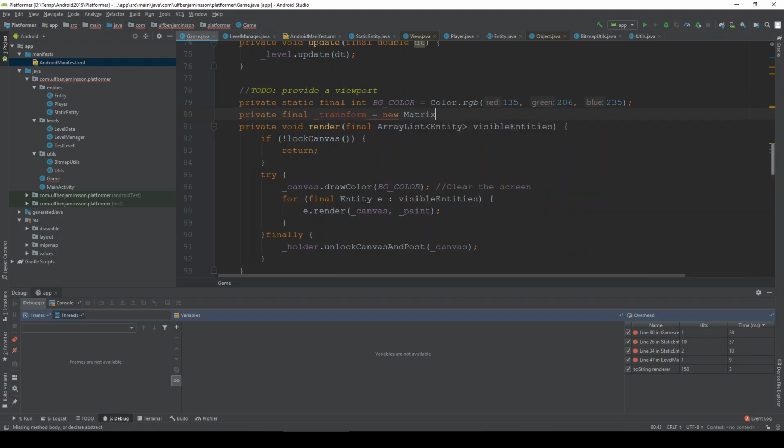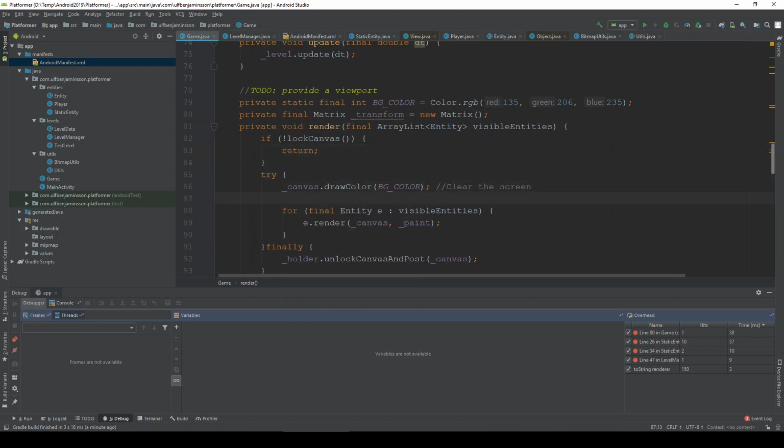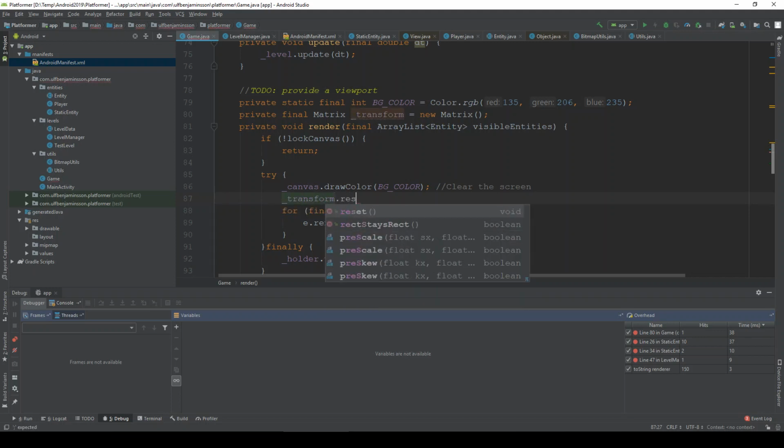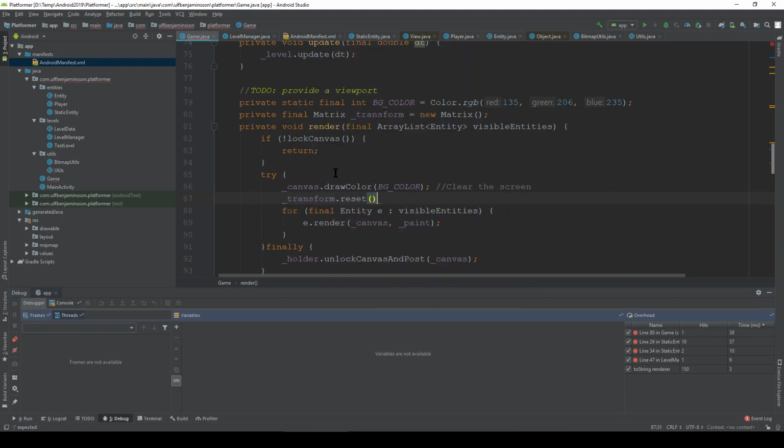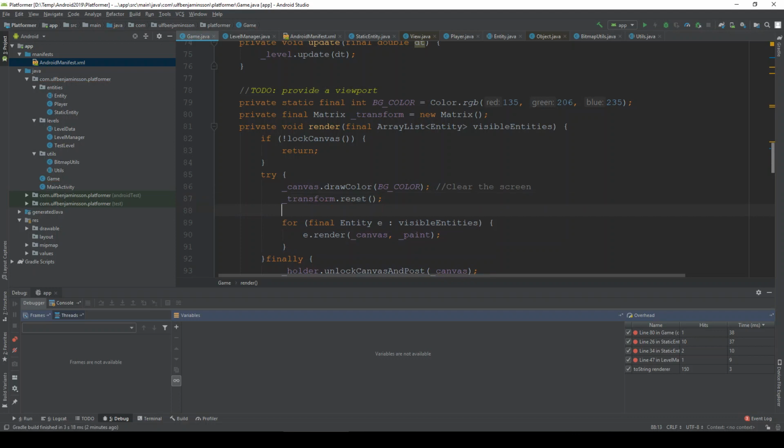It's not the OpenGL, it's the graphics one I want. Of course, I need to actually provide the type. There we go. So now we have a transform. Before we do anything else, we want to reset the transform. Reset. And then we want to tell it to do a post translation and a certain amount on each axis,